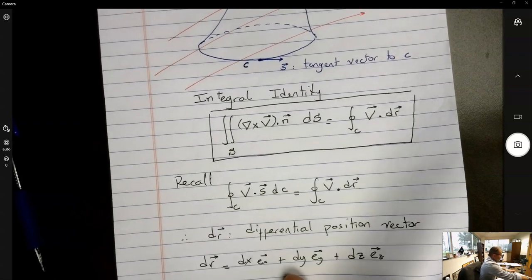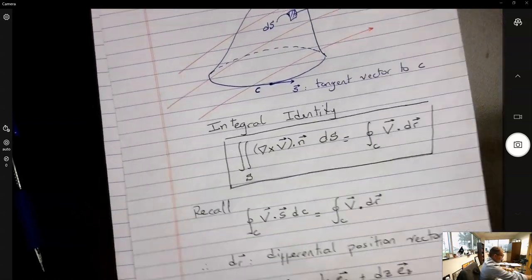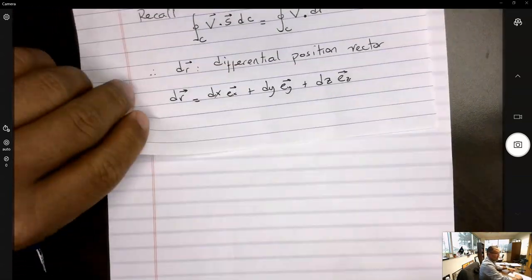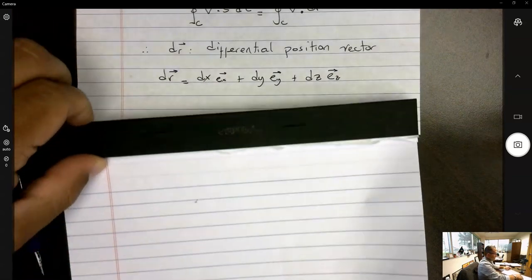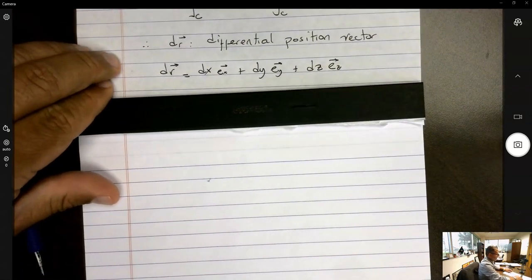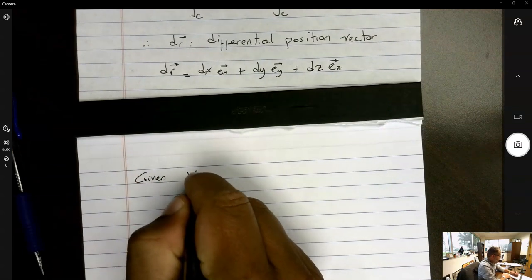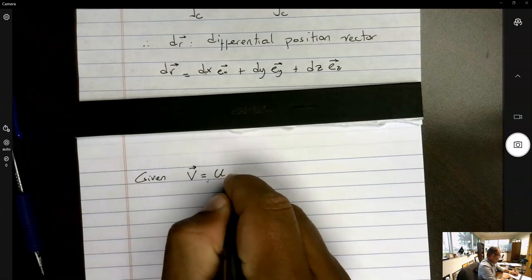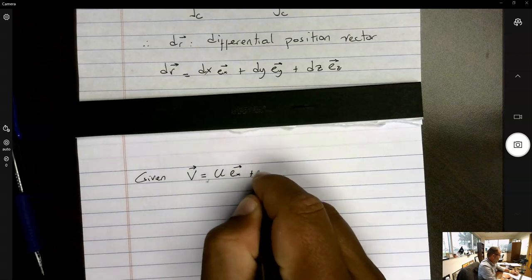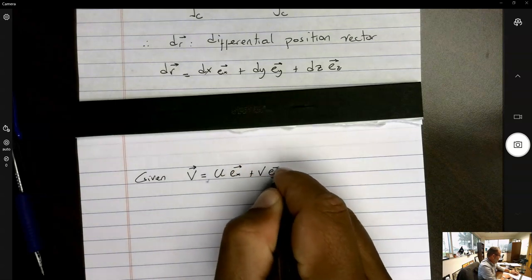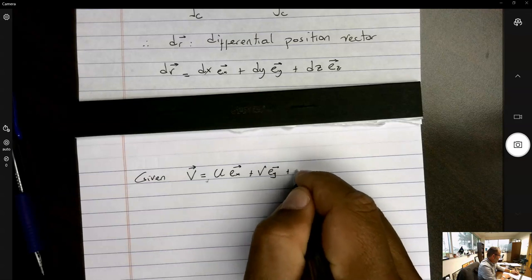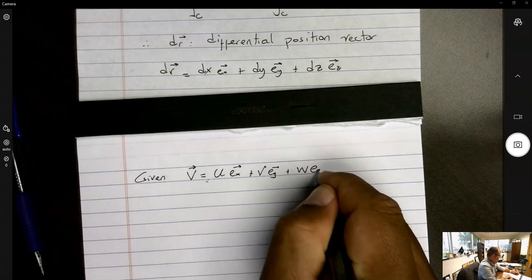So, given a vector field V, which we usually denote as u in the x direction, v in the y direction, and w in the z direction,